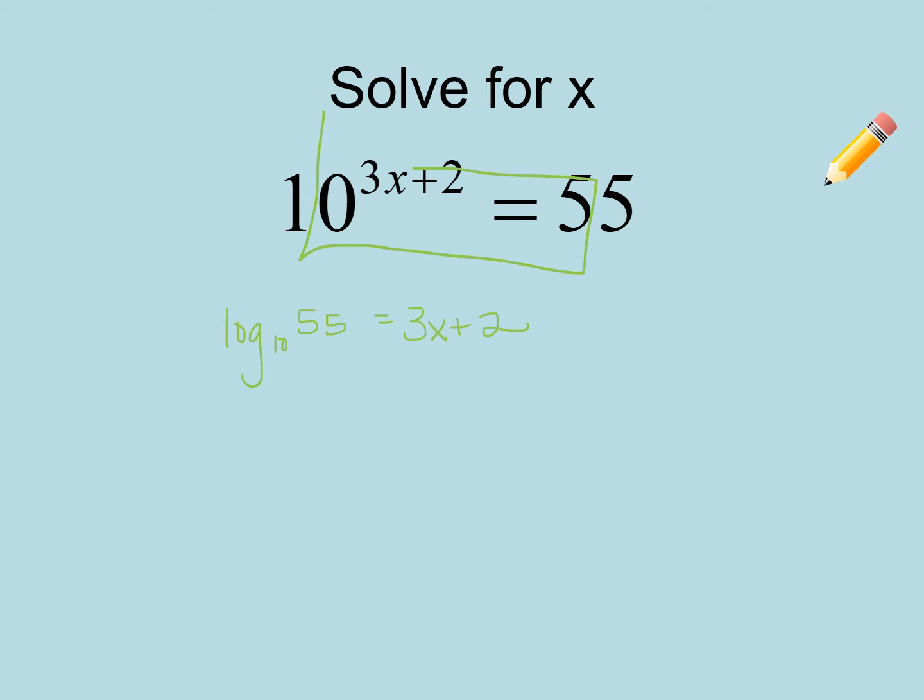So again, this log over here is just a number. In my calculator, I can type in log 55 over log 10, and that would give me an answer, or you could use your math button. However it is you have to get to an answer here. But then when I get on the left-hand side after you calculate it, it should be the value